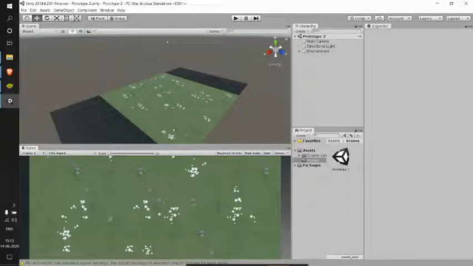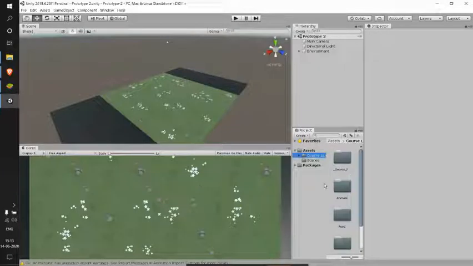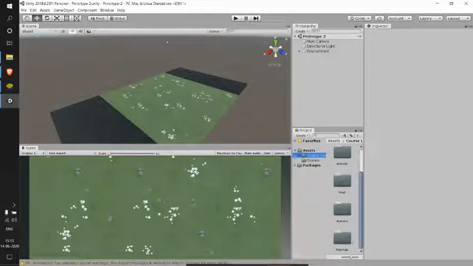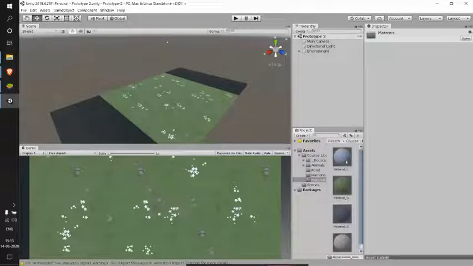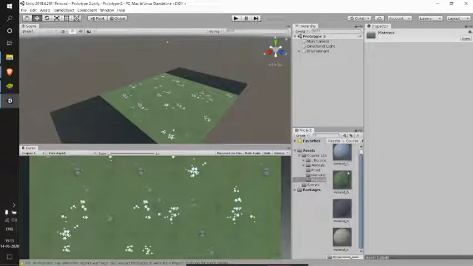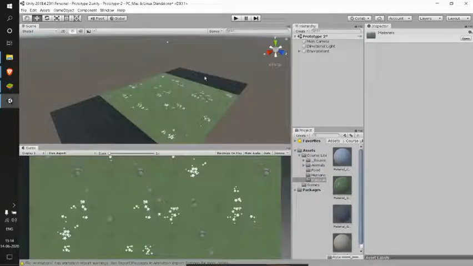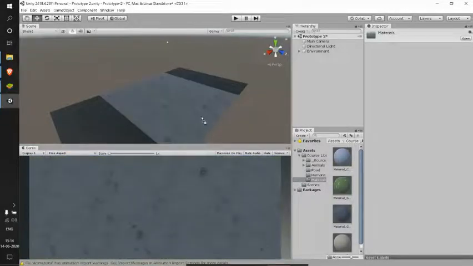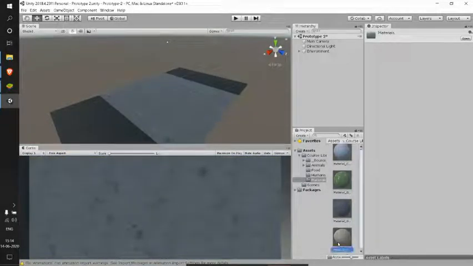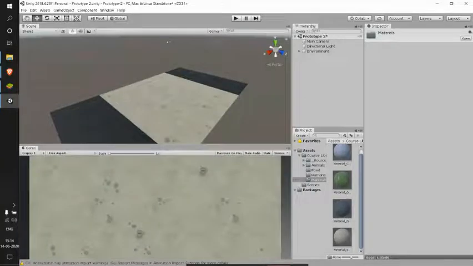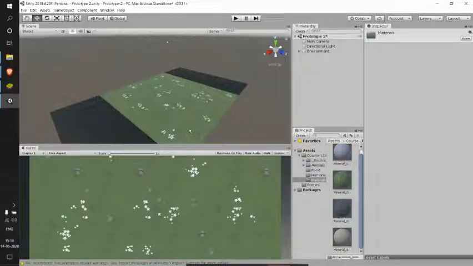So let me go to my course library, and there is something called materials in here. See, in materials we have 4 different options, and see, we can apply any kind of material to this. See, this is one kind of material, and this is what we have now. This is another kind of material, or this is another option. I like this one. Let me leave it like that.